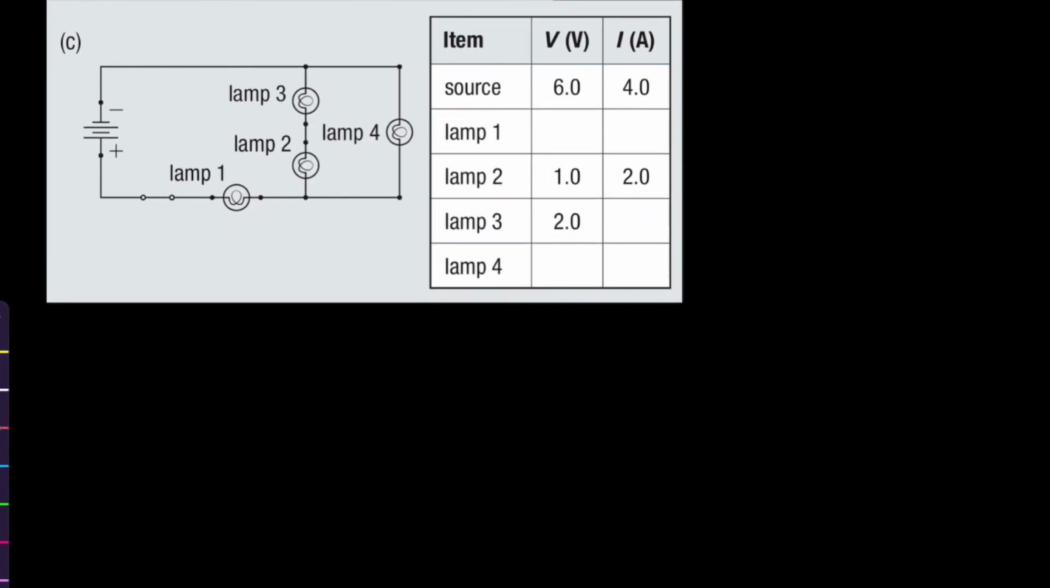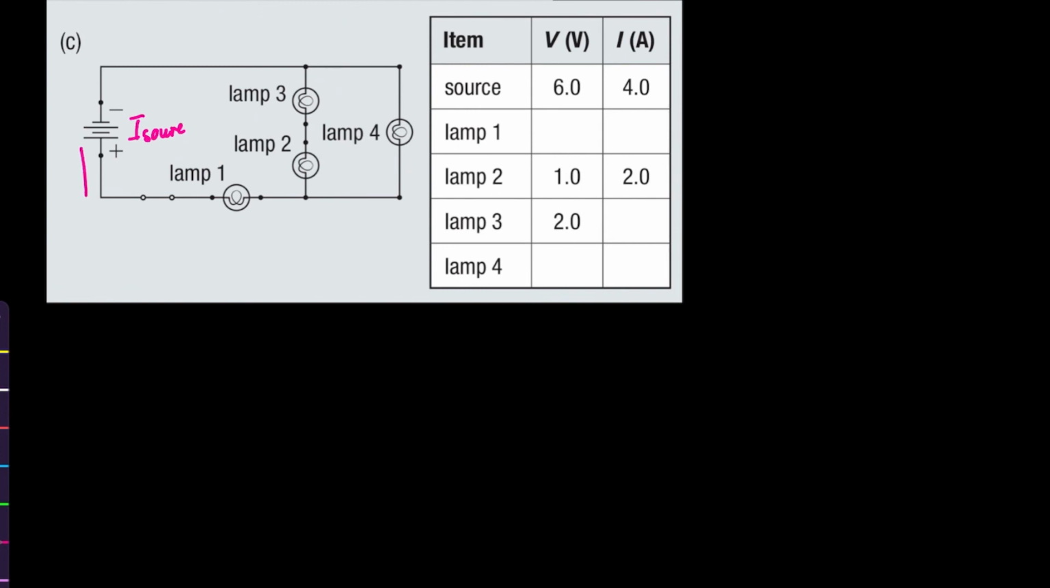Alright, so I think this is the last example for this homework. So let's try to see if it gets more complicated. Maybe you're feeling more confident by now. So here they want us to fill in the table, and once again, first I like to look at the current. So the current at the source,